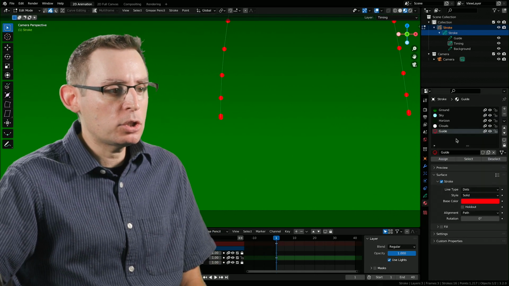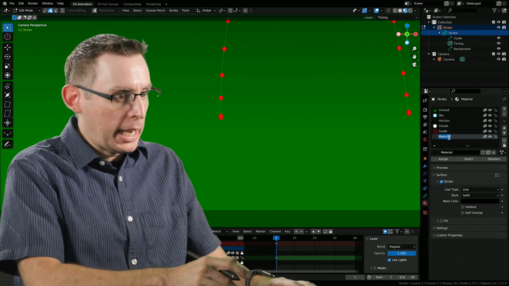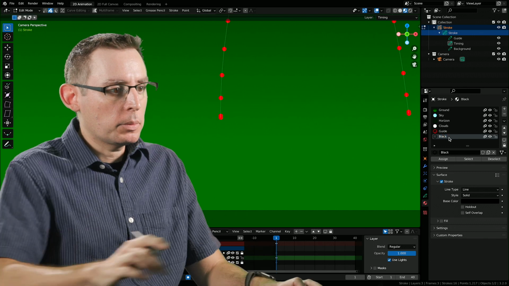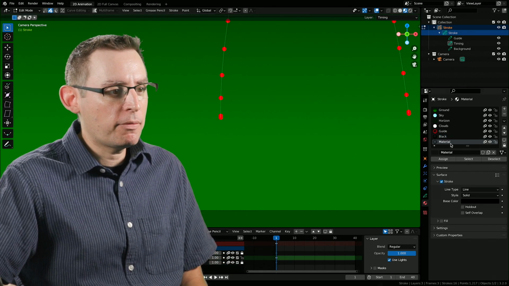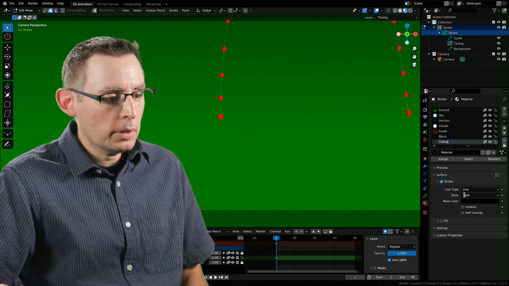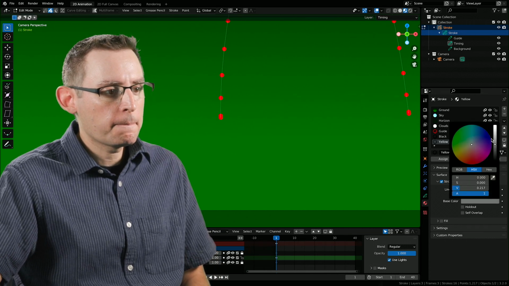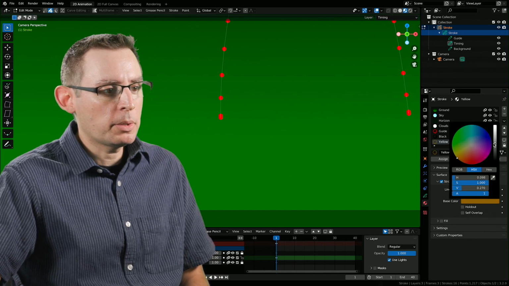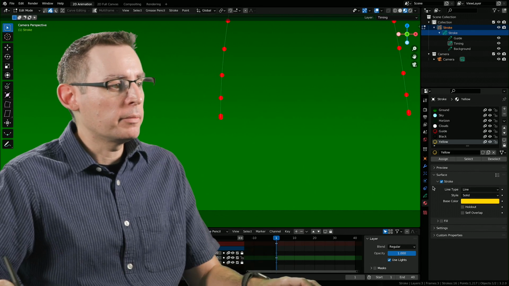In addition, let's create 2 new materials. I think I want to call one black. There we go. And it's just going to be a simple stroke. And then I'm going to have another one. And I think I want to have this second material be like a yellow. All right. Let's give it a good color. Maybe something real bright, something really easy for everyone to see. Somewhere right around there. Yeah, I'm liking that.